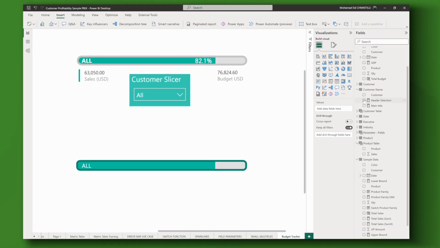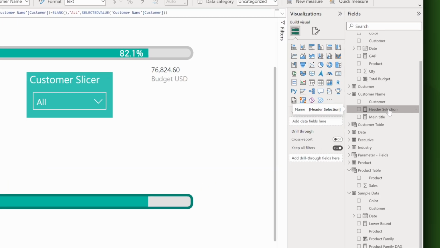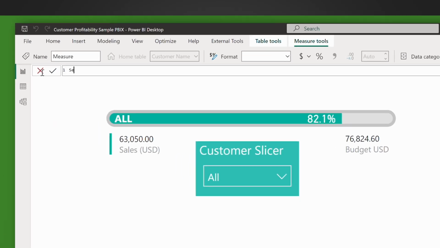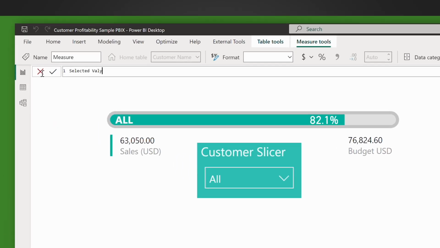Now I have a customer table here, and in this customer table, I'm gonna open a new measure, and this measure, I'm gonna call it selected value, just for the sake of reminding you about the DAX formula that we are gonna use.